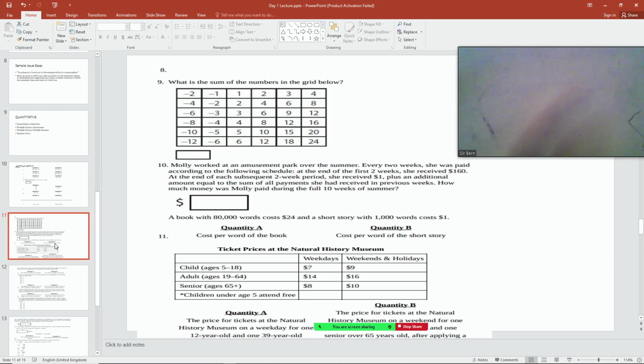Question 11. Question 11 is saying that a book with 80,000 words costs $24 and a short story with 1,000 words costs $1. So right now, cost per word of book. So what is the cost of the book? Quantity A. What is the cost of the book? The book costs 24. So 24 divided by the number of words, 80,000. So that will give us